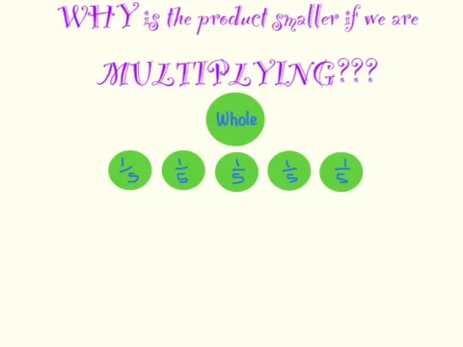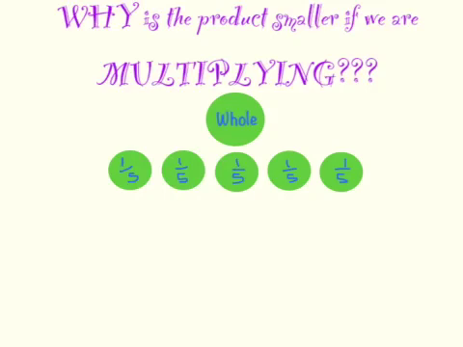You might have noticed that 2/15 is less than 1/3 and 2/5. And you might be asking yourself, why is the product smaller if we are multiplying? Well, because when you multiply a fraction times a fraction, your product is going to be smaller than both fractions you started with. I'll show you another example using the method we used today with the Play-Doh, only this time